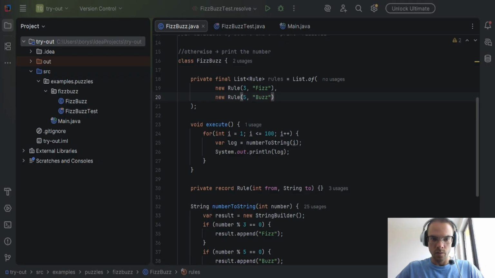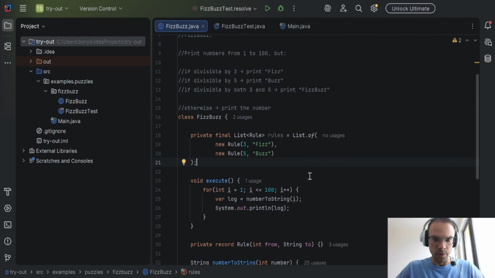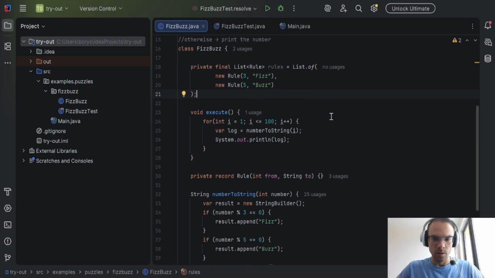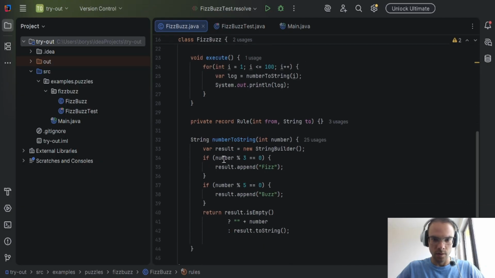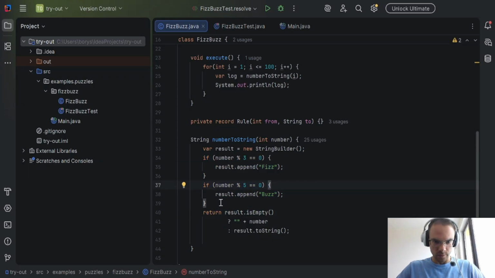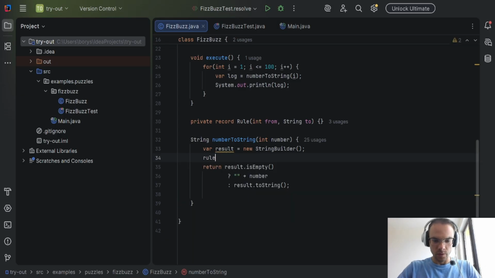Now as we have these rules expressed in a tidy, clean way, we can immediately apply them instead of this nested if. So we basically need just to iterate through each of these rules